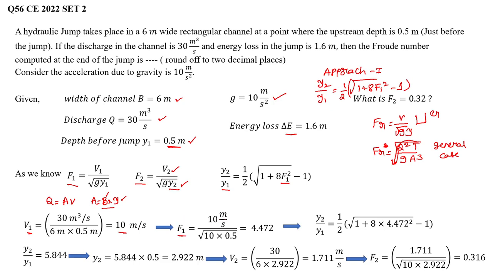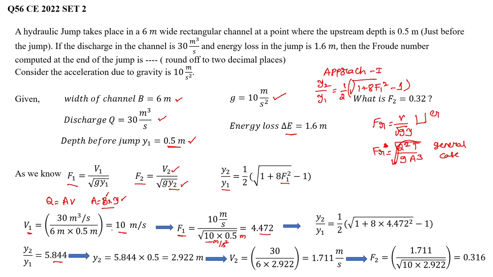Now let's use this V1 to calculate F1. F1 equal to 10 meter per second divided by square root of 10 into 0.5, where 10 is the acceleration due to gravity in meter per second square and 0.5 is in meter. This gives us a value of 4.472. This is the Froude number before the jump. Now let's substitute this value in the equation. y2 divided by y1 equal to 1 by 2 square root of 1 plus 8 into 4.472 whole square minus 1, which gives us a value of